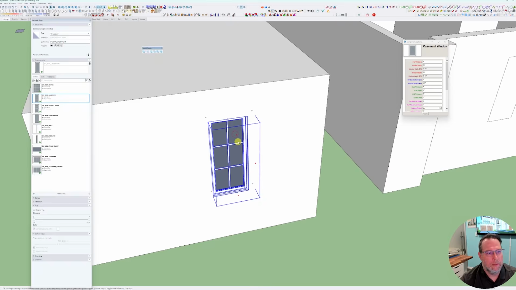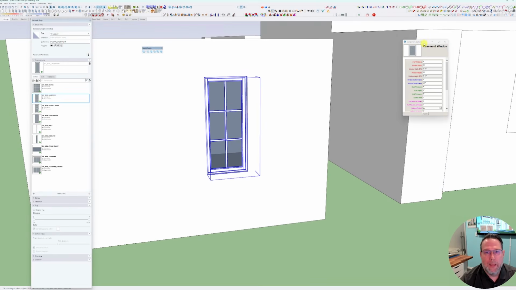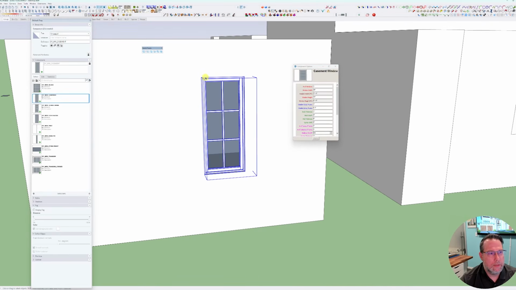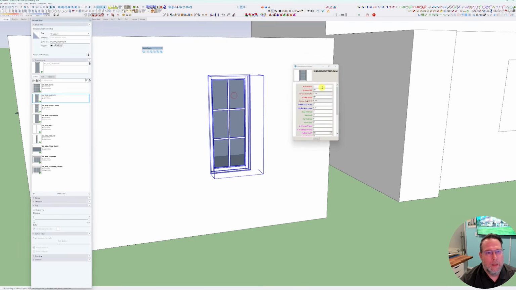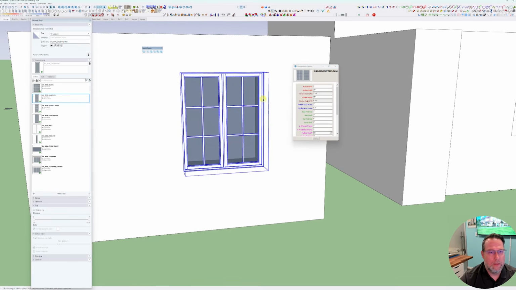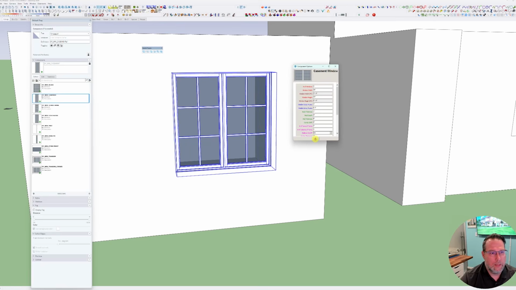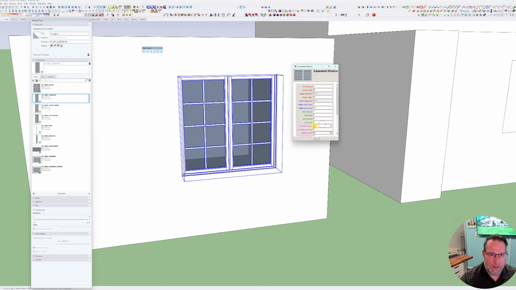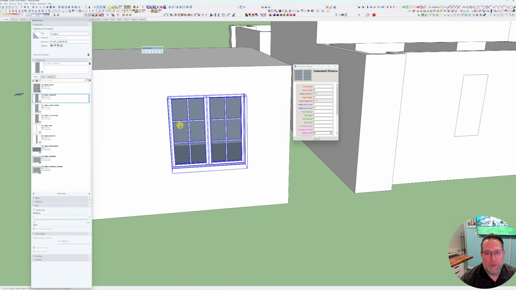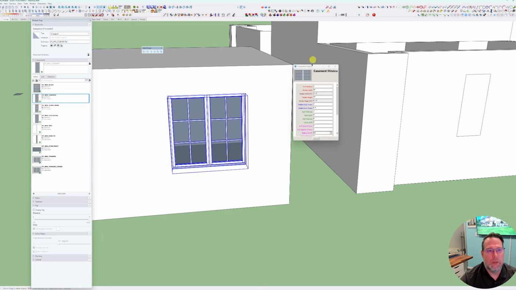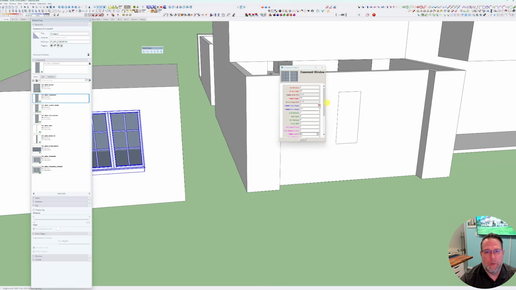So if I drop this in here, here's my window. And I can say, here's my component options. This is a single window that is 30 inches wide by 72 inches tall. Say I want a double window, so I can change the number of windows from 1 to 2, click apply, and I now have 2 windows. If I want to change this to a 36-inch wide window, I can do that. If I want to change my mullions, I can do that. So this is just a dynamic component. It doesn't really have anything to do with this specific class, but I just want you to understand what it is that I'm currently doing over here with this window,